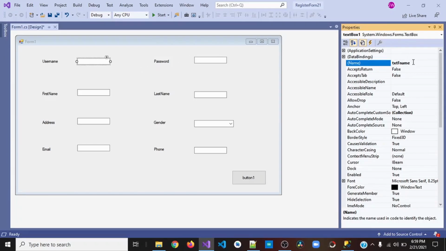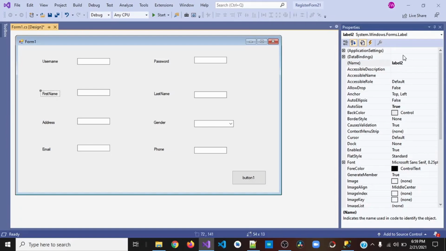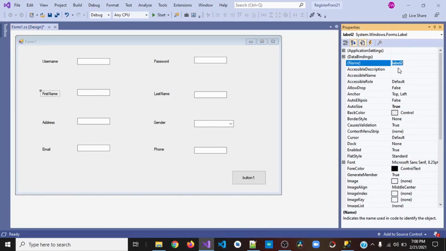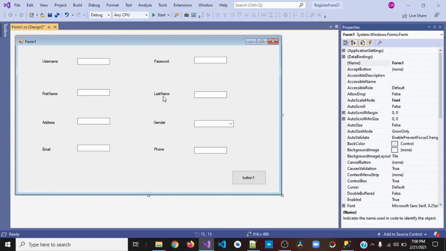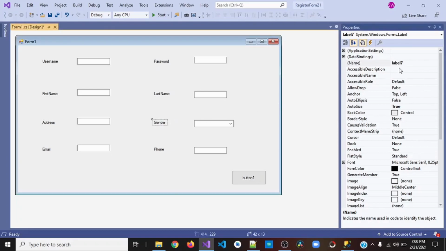The username should be txt user, and the next as txt pass, and this one should be txt fname, and the last name as txt lname, and the address as txt add, and the gender as